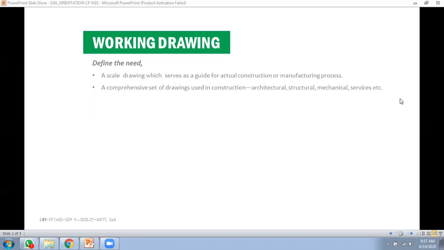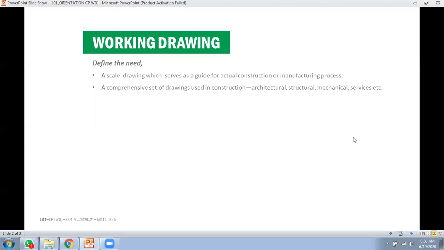You know how to dimension sheets, you know how to label your sheets, you know how to hatch your sheets, you know what scale drawings are. So basic things you know, but right now we will learn a very specific part of a drawing, the preparation of drawings. That is one part of the working drawing, and how it is related to working drawing. That is what the scope is going to be.